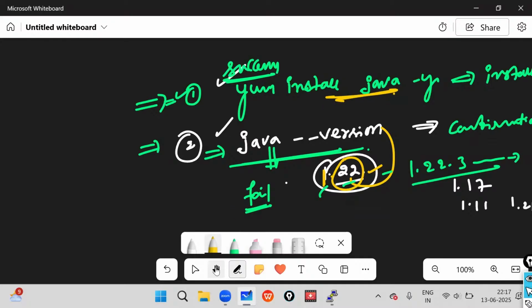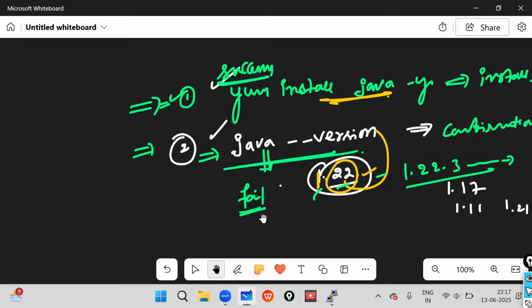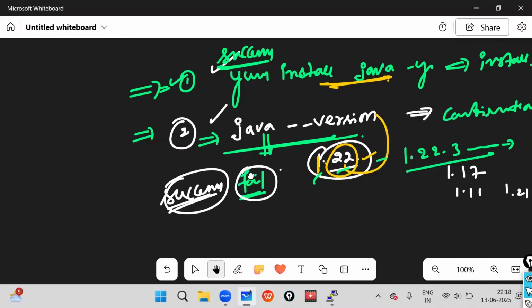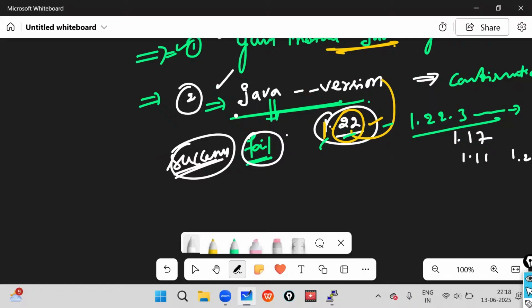But what about the second statement? Success or failure? Success, not fail. If any of the statements is successfully executed, the success